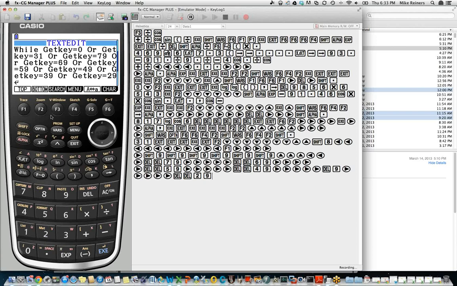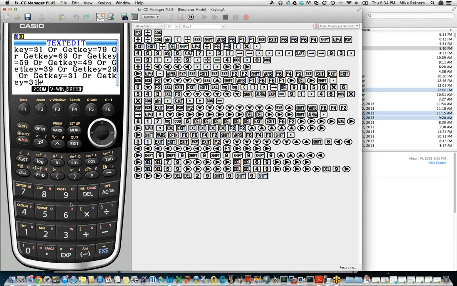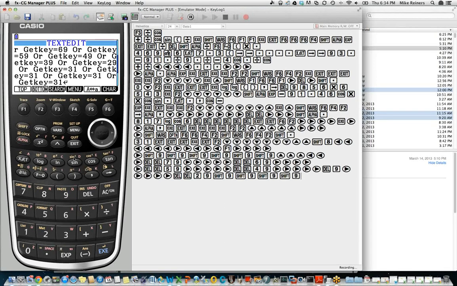Okay, that's good. Now the user cannot press nothing, and they cannot press the execute key, and they cannot press F1 through F6. Let's paste 4 more times to wipe out these 4 keys as options at the top of the screen. So Shift 9 to paste, paste, paste, and paste.